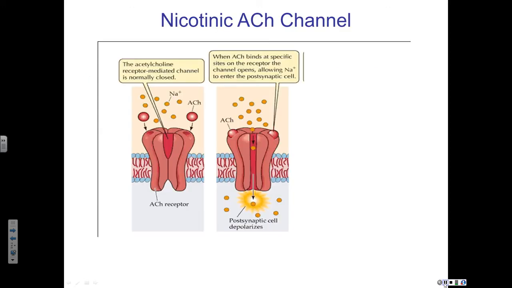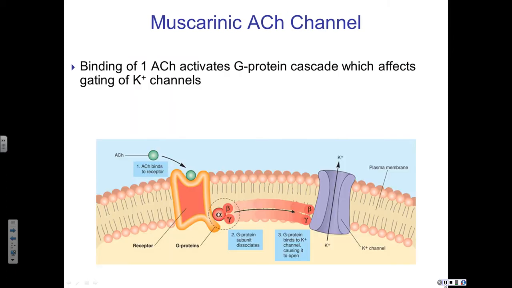Okay, and this is just an example. You don't have to know this receptor, but it's just an example of a nicotinic receptor. See, it's again reiterating that the receptor itself is a channel. There's no G protein here, right? And here's a muscarinic acetylcholine receptor. Of course, it's got to have a G protein. And again, you don't have to know these particular